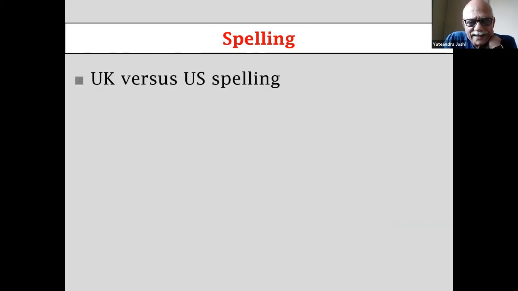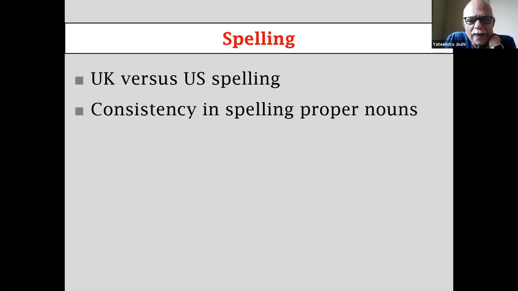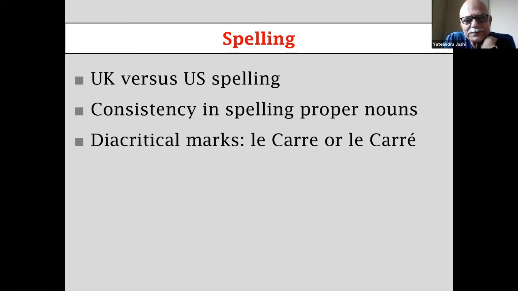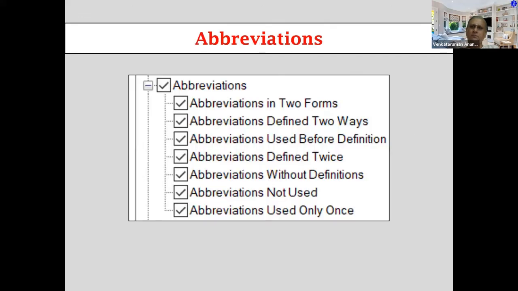So spellings, as I said, could differ because of this. You need to spell the same word the same way. Diacritical marks, for instance, we have used correctly the diacritic mark because the last E in le carré has a diacritical mark. So that is the correct version. Abbreviations, again, most technical documents abound with abbreviations. And again, Perfected is a very useful device, but it will flag all such instances, whether you have spelled out every abbreviation, that is, you have explained it.